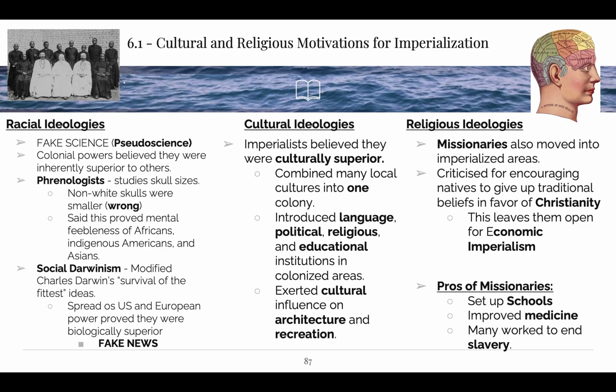The second reason is racial ideologies. This is where we're talking about all of this social Darwinism, okay? That white people are starting to really believe that they're far superior. Social Darwinism is a lovely piece of outside evidence for imperialism. It is the belief that since white people industrialize, they have the right to take over the rest of the world.